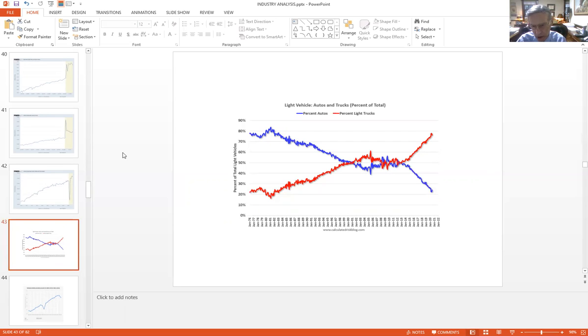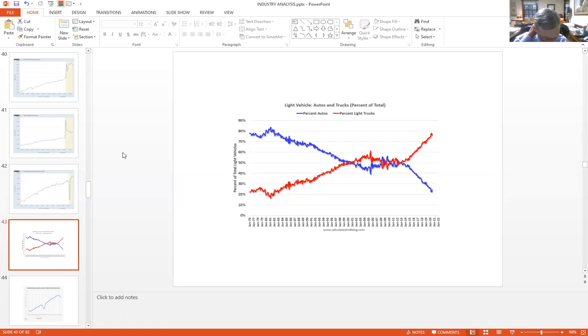The red line in this chart is the light truck. The blue line is automobiles. So here we have a chart that shows us the markets for different types of vehicles, but also the way you make a sedan and the way you make a truck is really quite different. And so these are two different